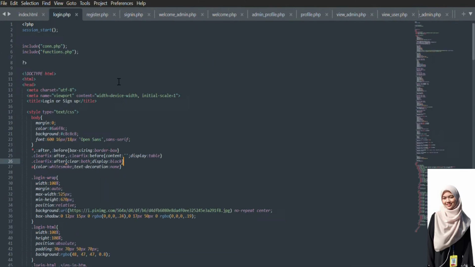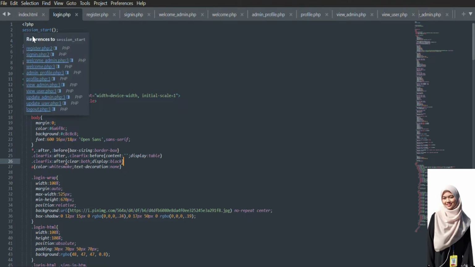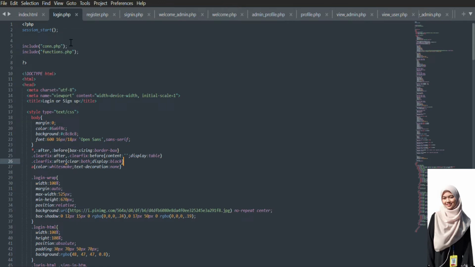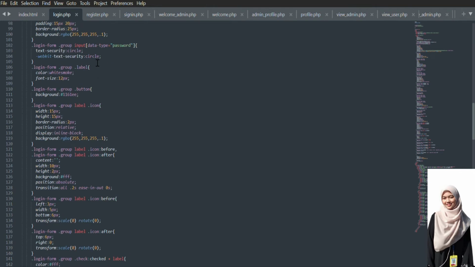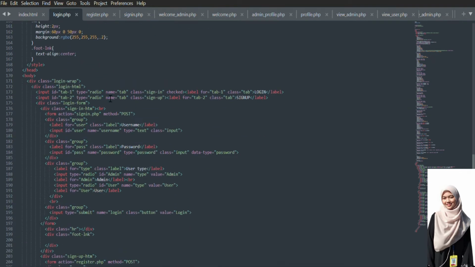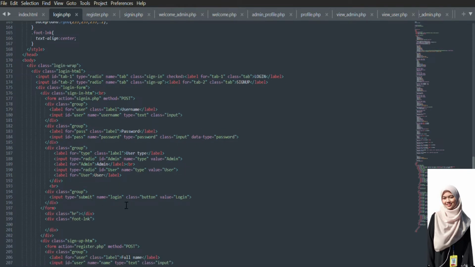And now this is the login.php. First we declare the PHP tag with session start and include connection.php and function.php, because in this page there are two interfaces, which are the login and the sign up page. For the login part, we have the username and password and also user type. So this is the button to log in, and if the user clicks the login button, it will direct to the